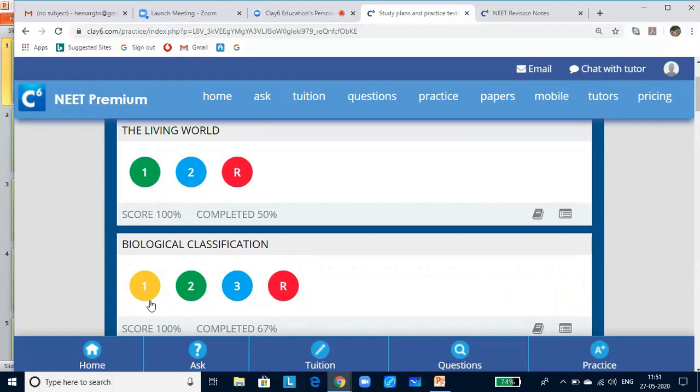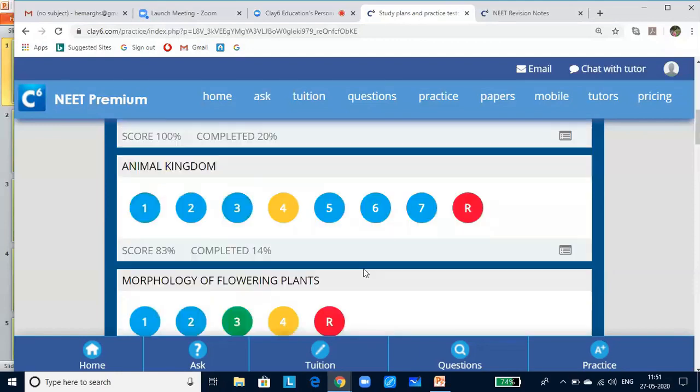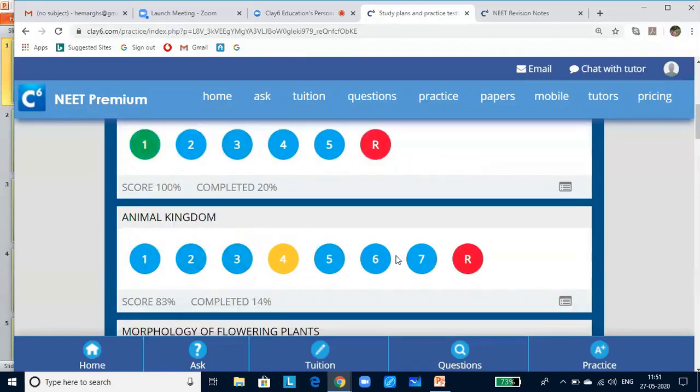You might have started the test and not been able to answer the questions with adequate practice, or you lack the understanding of the concepts, so you might learn the concepts and get back to the tests again. And the number of tests increases depending upon the complexity of the text material in the NEET exams. That is the reason why we find many chapters having different numbers of tests, and this bubble indicates a randomized test.